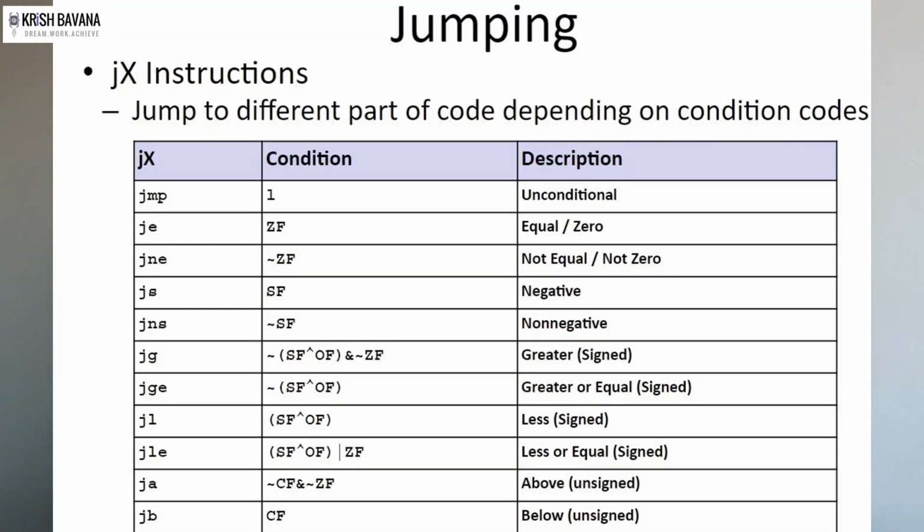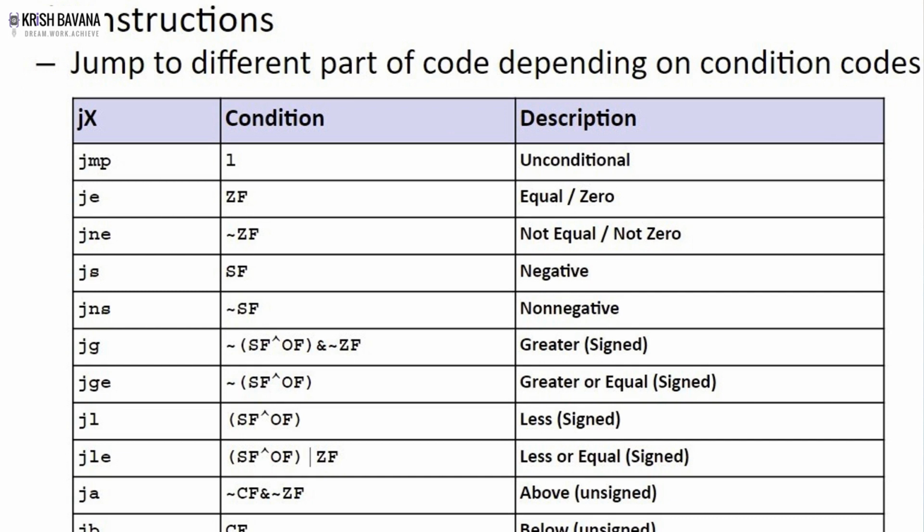And there are some other important signs in jump too. For example, if you look at the different conditions we have, JMP is just an unconditional jump, and then JE is when we jump if equal, and then JNE is when we say not equal or not 0. JS is when we jump on negative, and then JNS is when we have non-negative. So there are multiple possibilities for any single instruction that we try to look at. Mostly jumping instructions are referred to generically as JX, but if you want to get deep and learn more details, that is when we start looking at all the other instructions like JMP, JE, JNE and all.